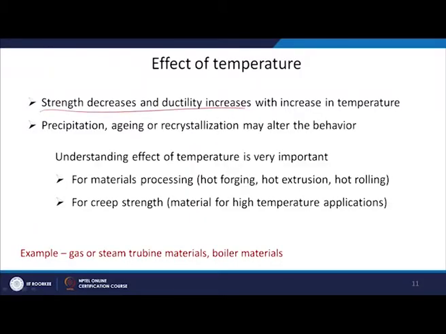So, this is the general behavior you will see when we increase the temperature. Of course, there will be some other metallurgical processes taking place when you are working at high temperature. Precipitation can be there, aging can be there, all these things we have already seen, or recrystallization can be there, which may alter this behavior, so strength may not increase or decrease as expected. But in general, strength decreases and ductility increases with increase in temperature, and that is why all the metallurgical processes